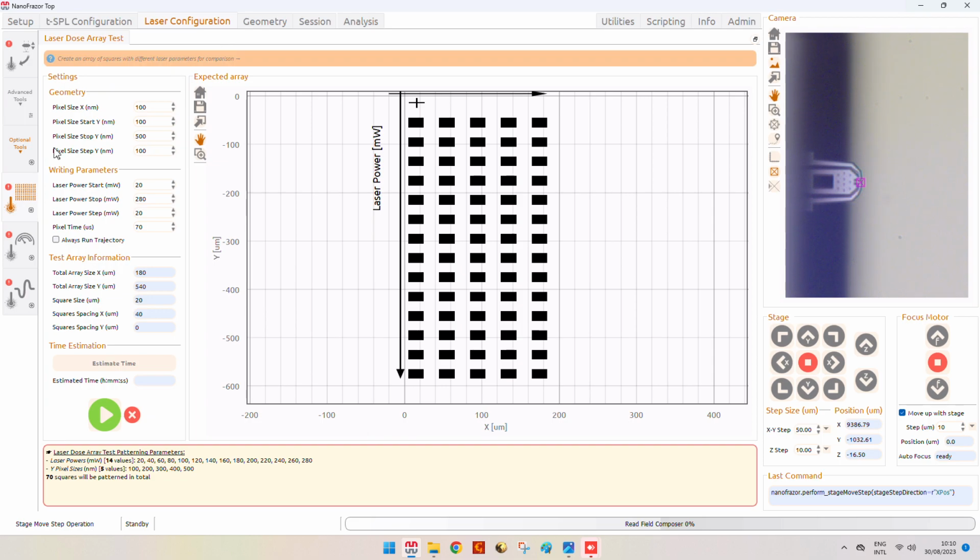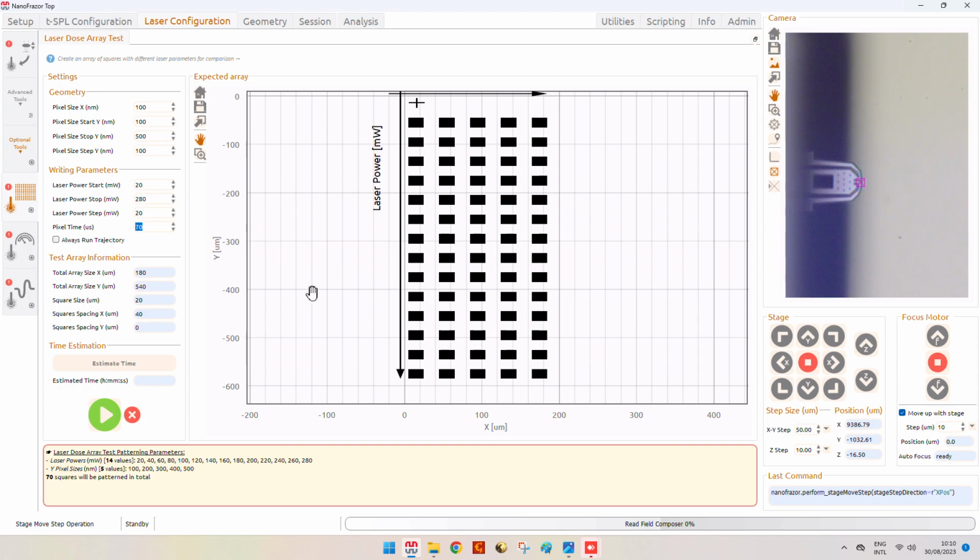The laser dose array test is a tool that provides functionality to evaluate the quality of laser writing under different parameters. We can see from the software that we can change the pixel size in Y with its different steps, the laser power, and also some fixed values such as the pixel size in X and the pixel time.